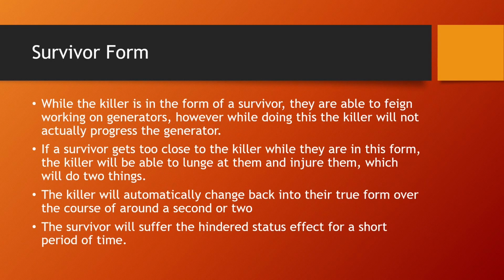What can you do? While you're in survivor form or human form, you're disguised as a survivor. For all intents and purposes, you basically move as a survivor. You're a third-person point of view. You're moving at 100% movement speed. No layman would be able to tell you apart from the regular survivors.